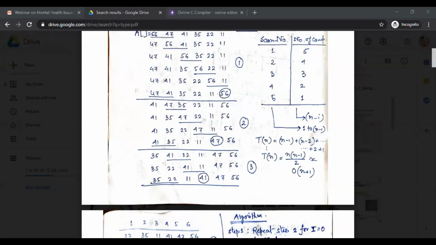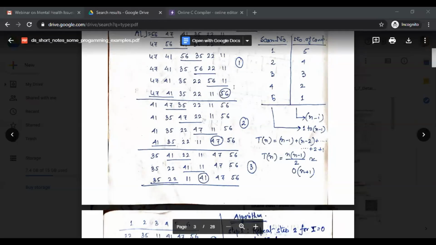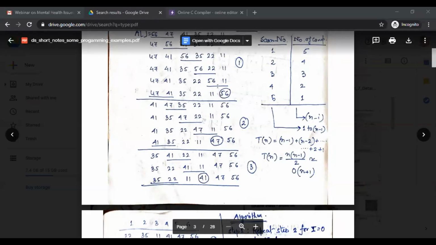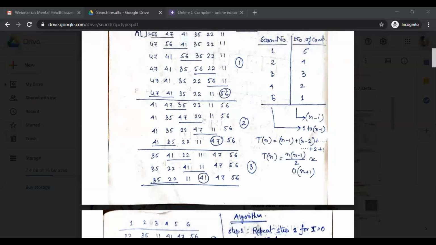Why? I am telling you that one. So just forget about that thing. After 56 is placed, again we have to compare, because the other 5 elements are not sorted till now. Only 56 is placed according to our requirement, which is the highest index number, the 5th position of my array, nothing else. So we have to sort another 5 elements in the same way.